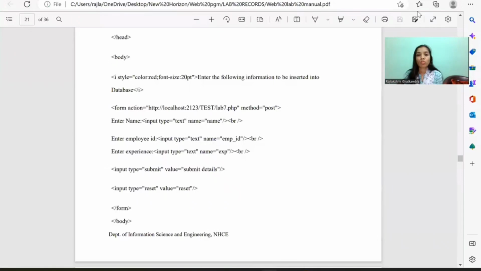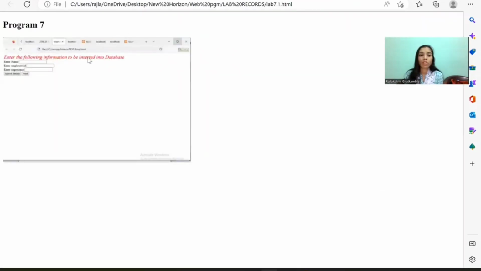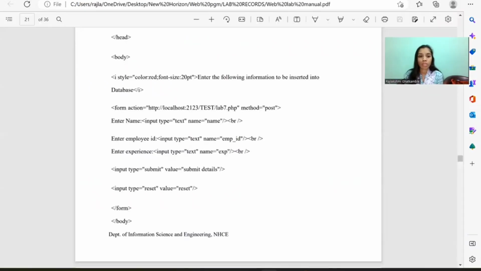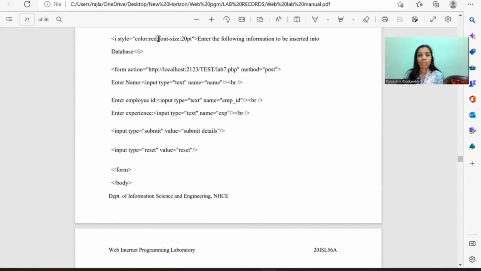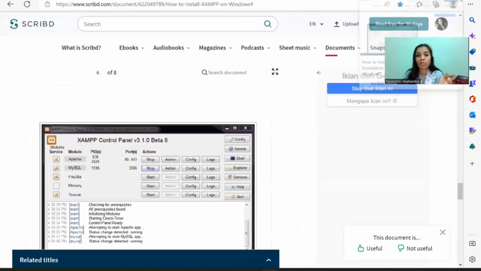the output. See here, enter the following information to be inserted into the database. It is given as color red, font size is 20. The form action is http colon localhost 2123 test lab 7 dot php. Since we are connecting to the database, we should give the port number, which is 2123. Before beginning with the code, let me give you all a brief introduction to